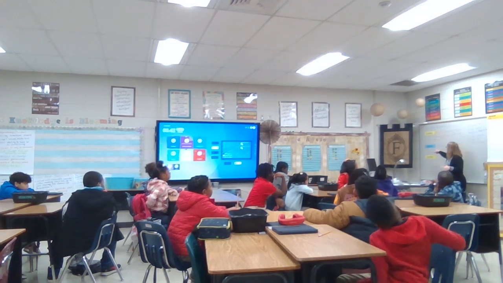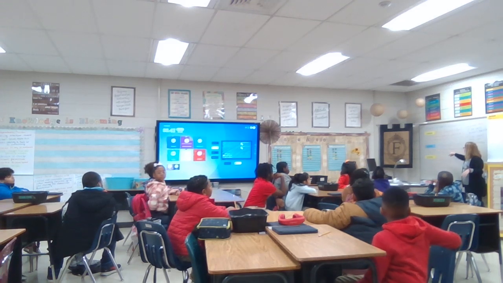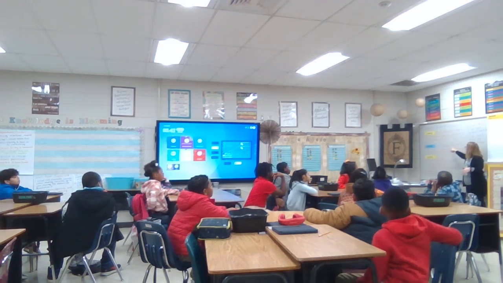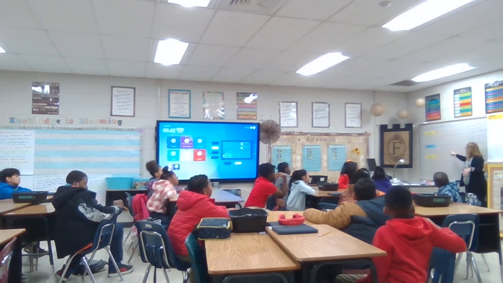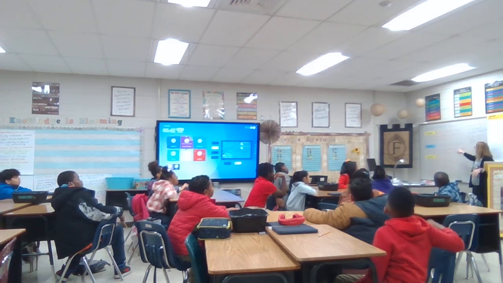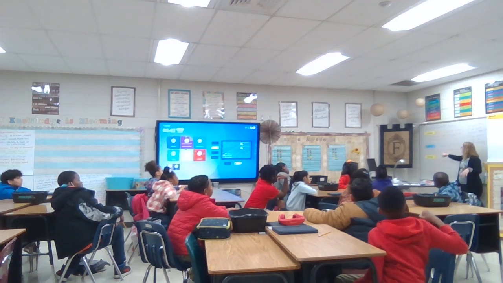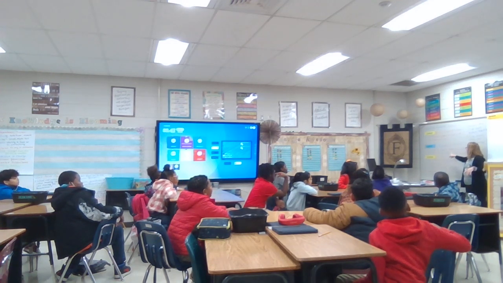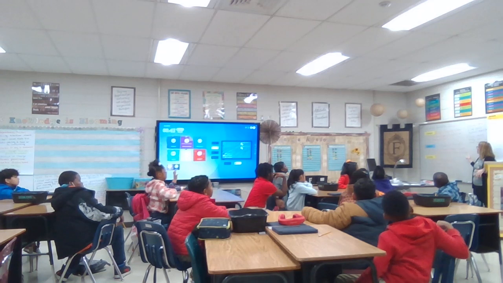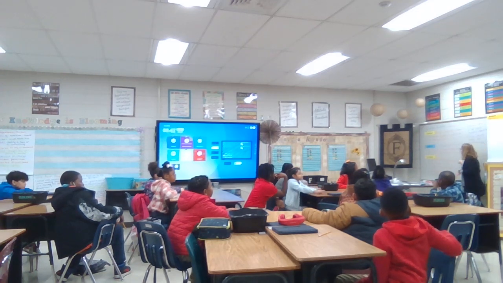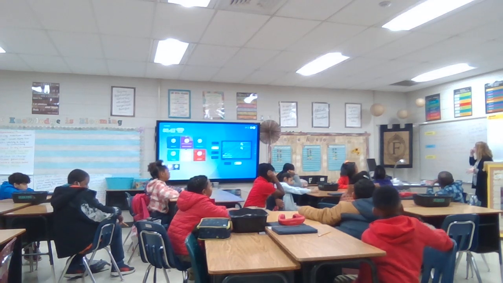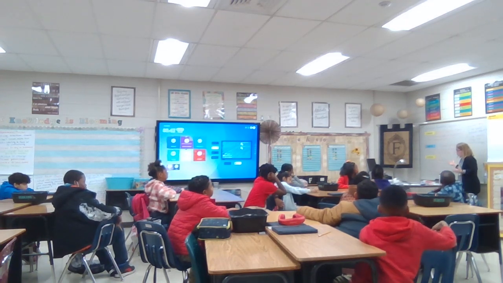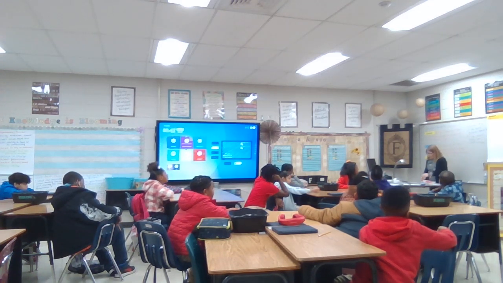Now, our learning objective, let's go ahead and read that together. The learner will use details from the text to identify the theme and complete the exit ticket assessment. What is the theme? Very good. So as you gather from what our standard and our objective is, what we're gonna do today is talk about theme.